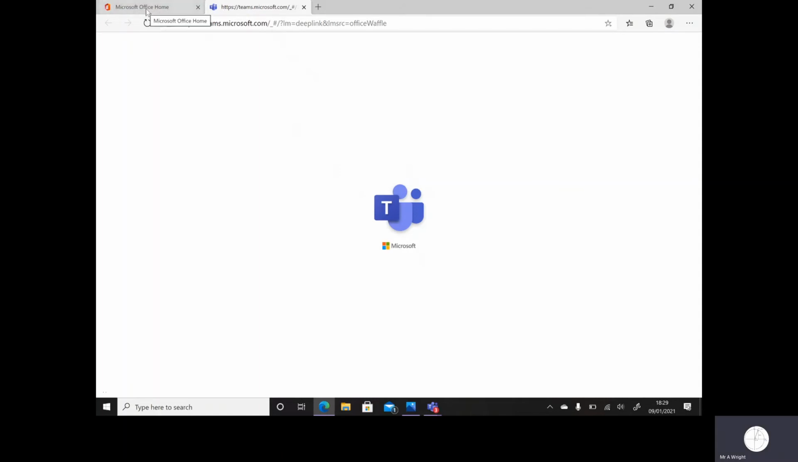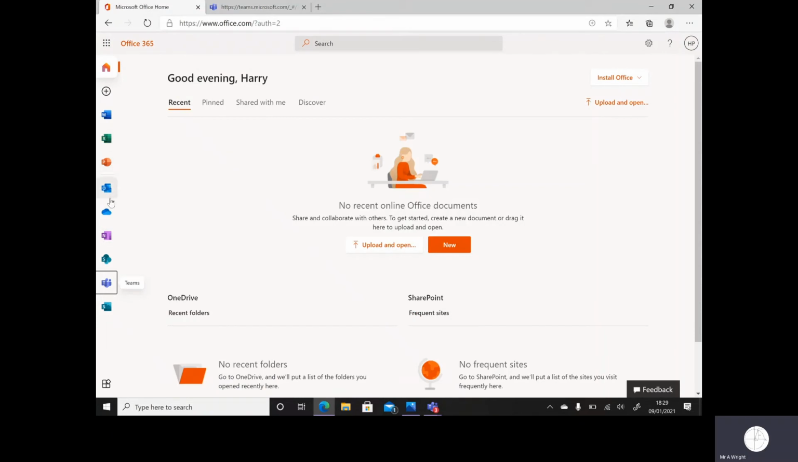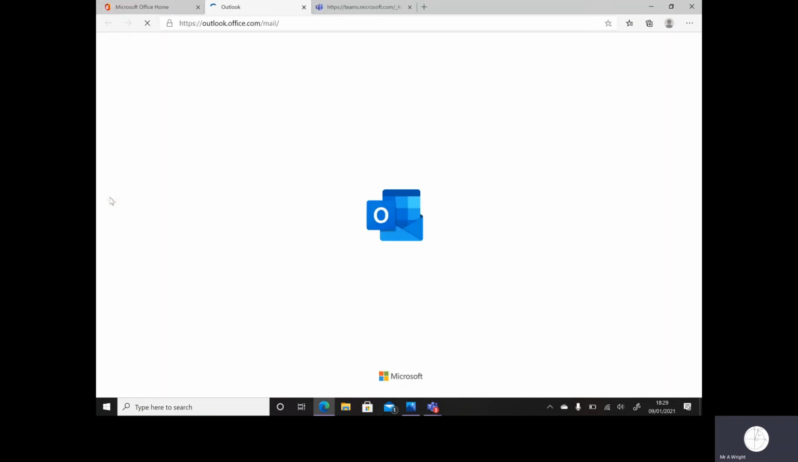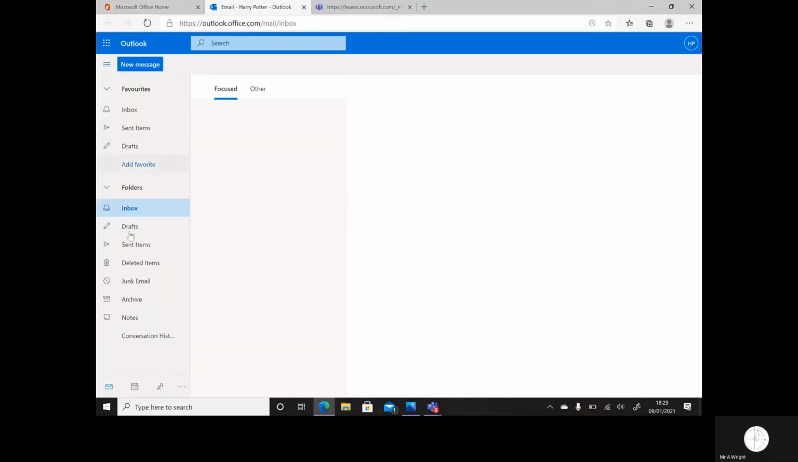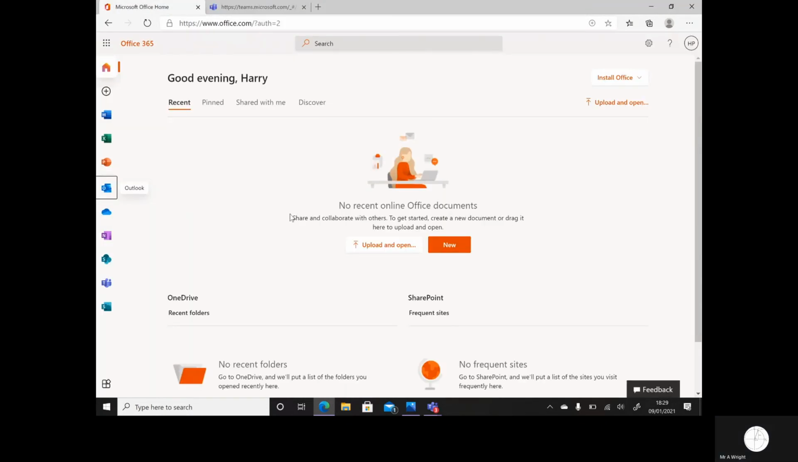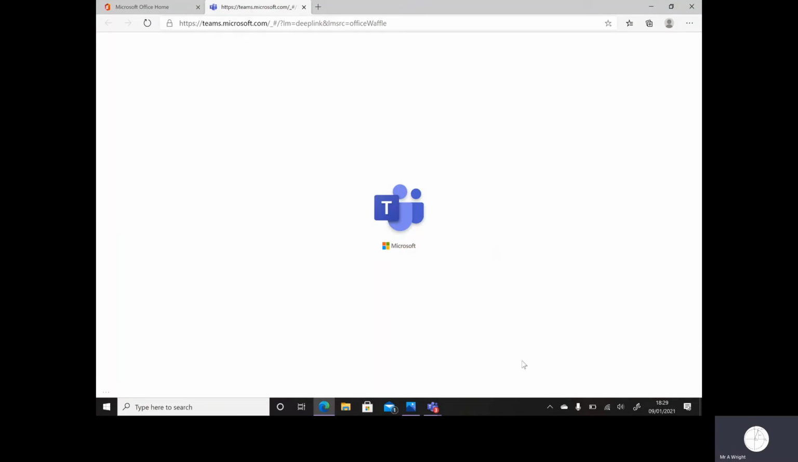If you're a little bit fed up with waiting, you can click back at the Microsoft Office, have a look at your emails while you're waiting. Again, nothing there, not very exciting. Close that down and Teams will load. Okay,